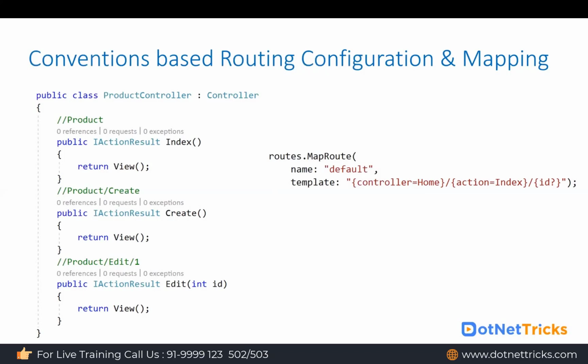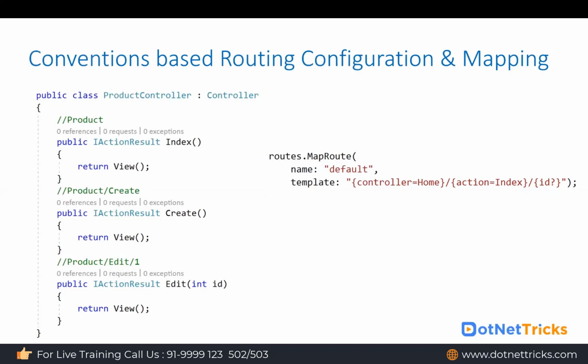For accessing the create action, you have to pass product, then create as the action name. And if you look here, we are not passing the ID parameter in the first two methods, but in the third I'm passing the ID because ID is optional. And you know guys, in the third method, if you do not pass the ID, it will be received as a zero value. So in the edit method, you will get the ID as zero if you do not pass the ID.